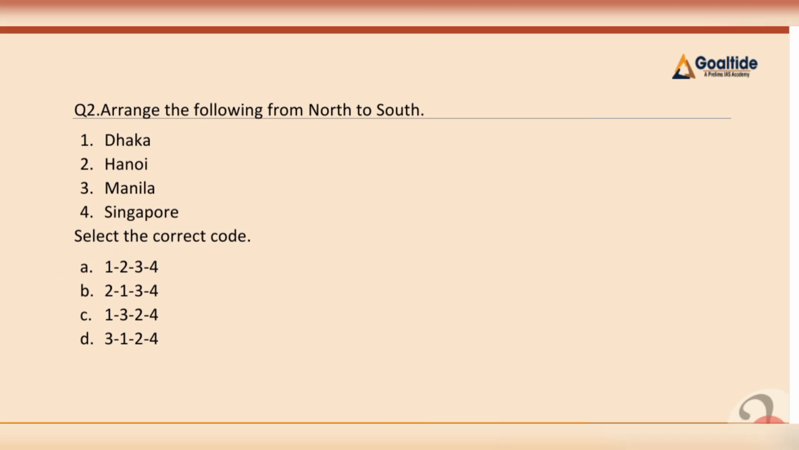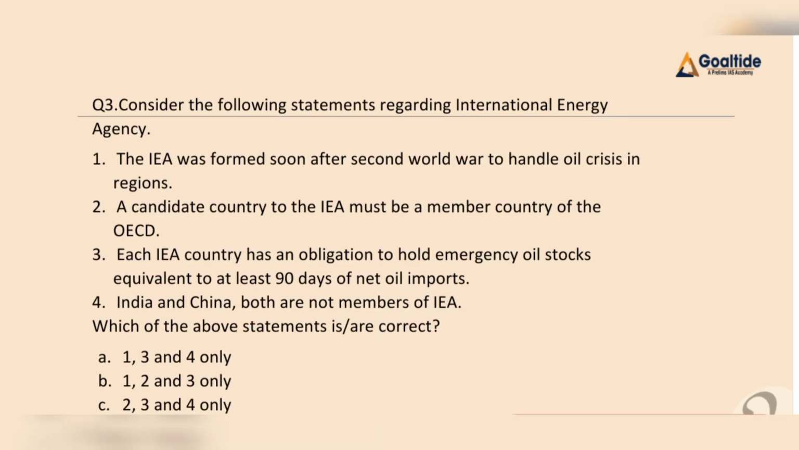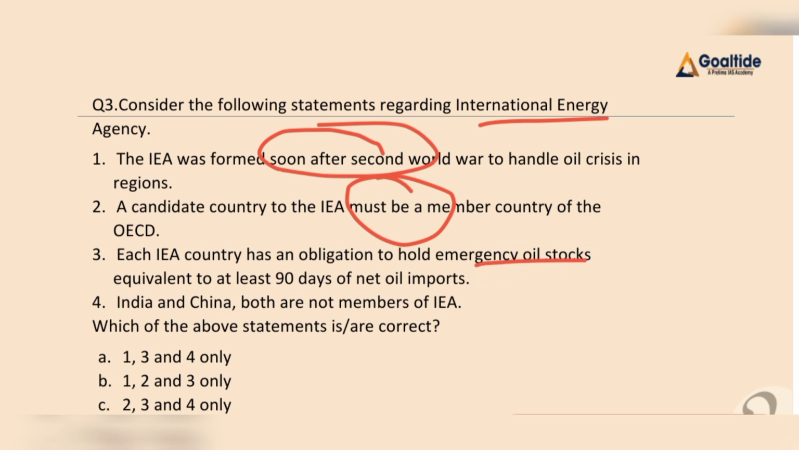Now let me have a look into question number 3. Question 3, consider the following statement regarding International Energy Agency. First, International Energy Agency was formed soon after Second World War to handle oil crisis in the region. Second, a candidate country to the International Energy Agency must be member country of the OECD. Third, each International Energy Agency country has an obligation to hold emergency oil stock equivalent to at least 90 days